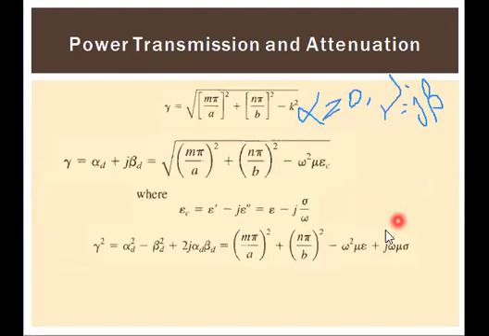Now, to determine this alpha, first we have to assume a lossless dielectric medium, that is, conductivity equal to 0. For a lossy dielectric, we need to incorporate the fact that